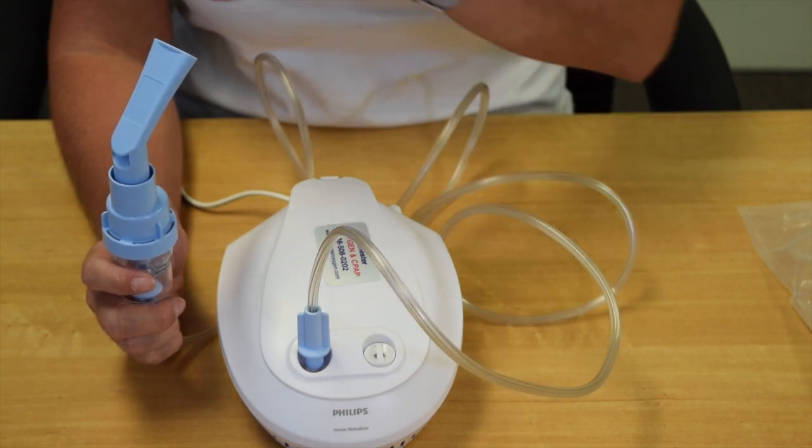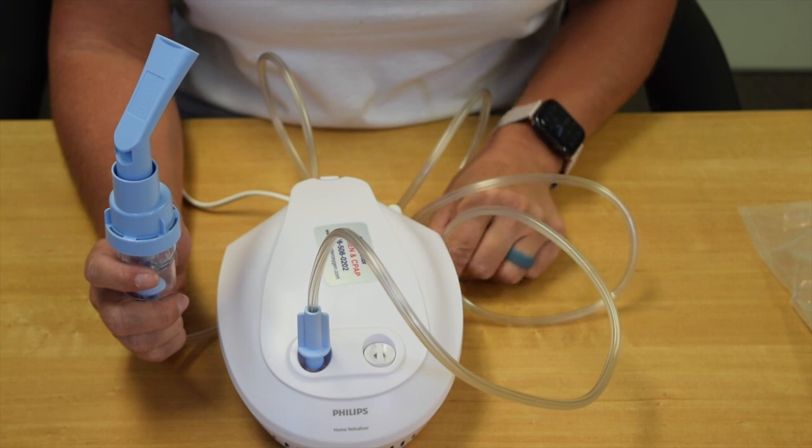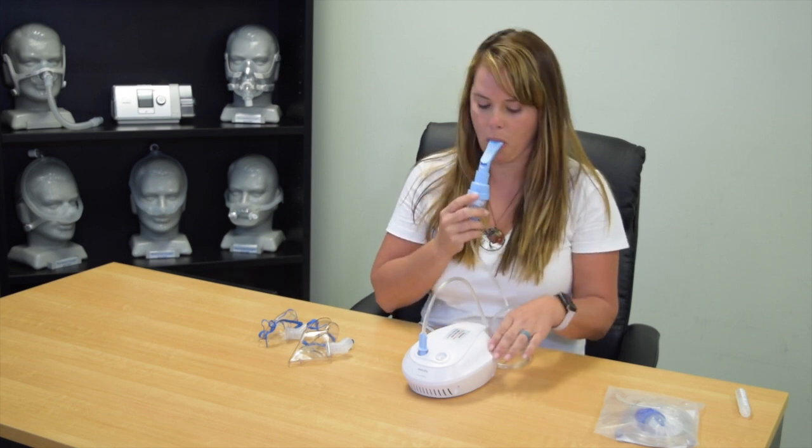So now I'll actually demonstrate it. So now I'm going to turn it on, and when I do that, you're going to be able to see the medication aerosolizing. So during your treatment, you can relax, watch TV, read a book, whatever it is, as long as you continue to breathe. Depending on the medication that's in here, it may take up to 15 minutes, 5 to 15 minutes